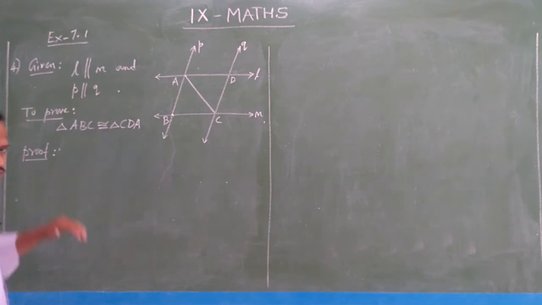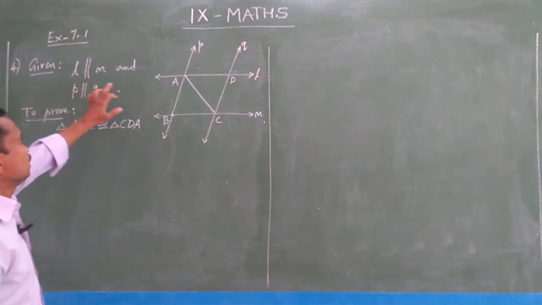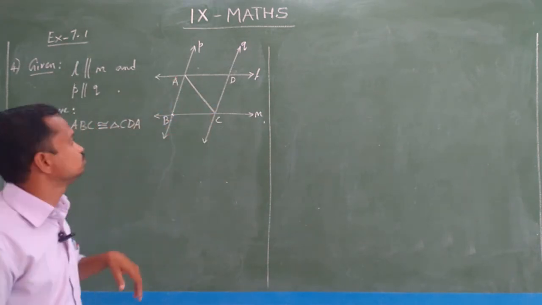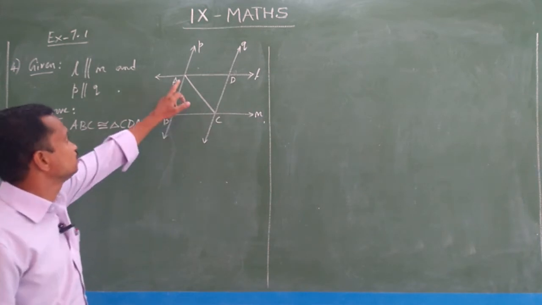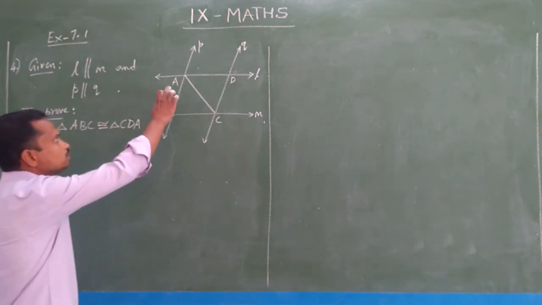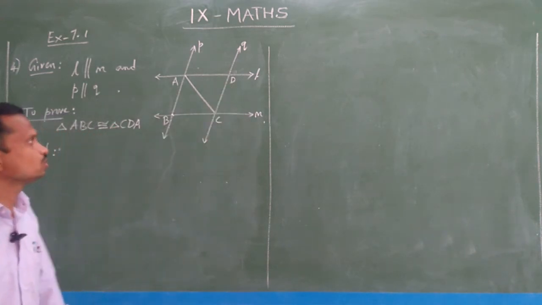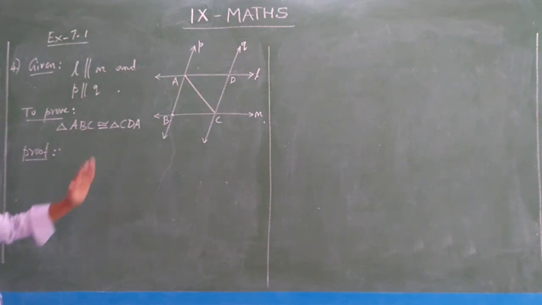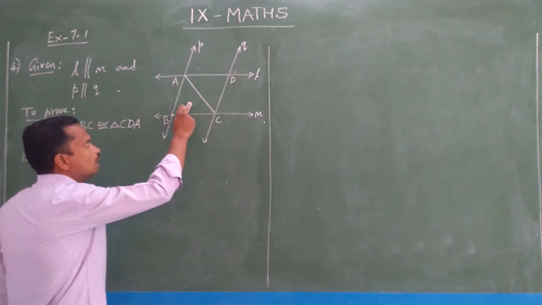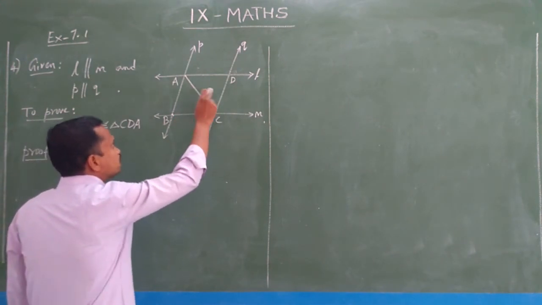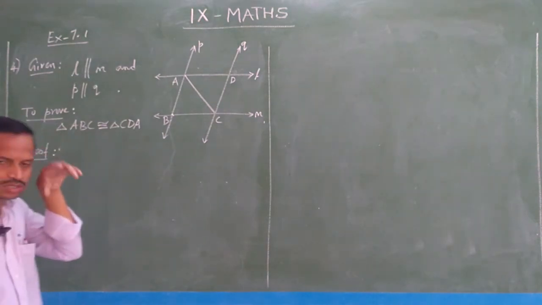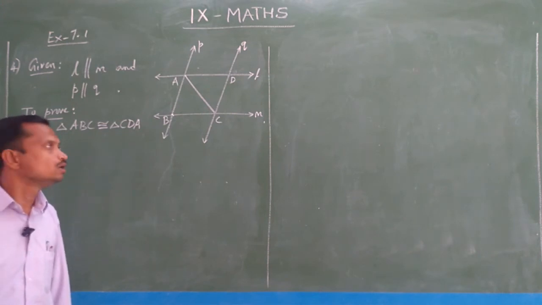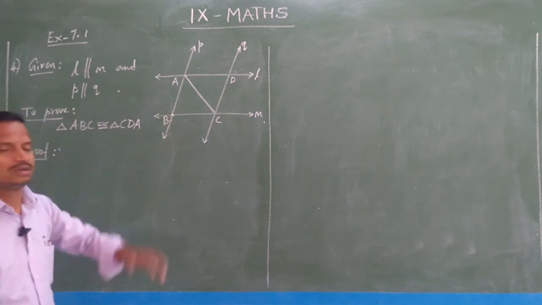So now coming to question number 4. It is given that line L parallel to line M and line P parallel to line Q. You can able to see here. And A and C are joined and named here A, B, C, D, the intersecting points of the parallel lines. And to prove is triangle ABC congruent to triangle CDA. You look here, ABC is this triangle and CDA is this triangle. We have to prove these two triangles are congruent. And here comes the concept of lines and angles, alternate pair of angles, everything. So we are going to collect that from this diagram.